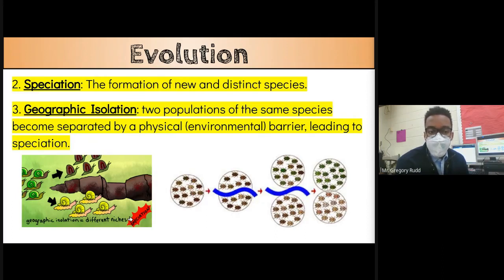For whatever reason, they can no longer be in contact with one another. They can't mate together. They don't communicate. They're not sharing genes at all. They're not having offspring together. This means that over time, because of their separated environments, they might start to develop some differences and they might eventually become two different species. So even though they started off as a singular species, they might eventually become two different species.